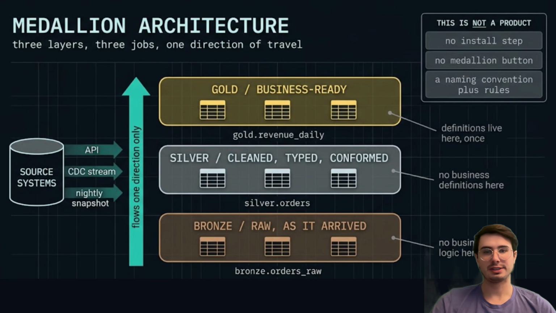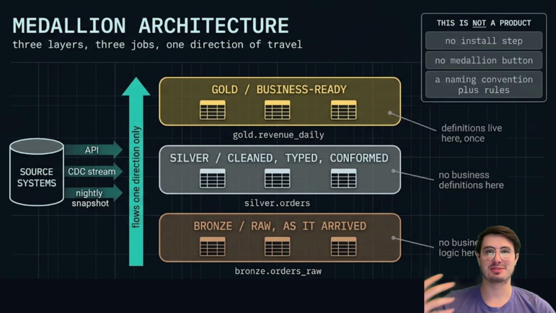Medallion architecture is a way of organizing a data platform into three layers: bronze, silver, and gold, where bronze holds raw data exactly as it arrived, silver holds clean, deduplicated, conformed data, and gold hands over the business-ready tables that people will actually query. So, the first thing I want you to understand about Medallion architecture is that it's not a technology,